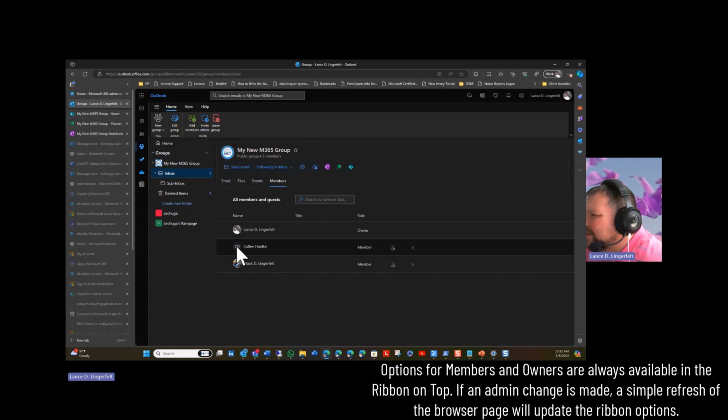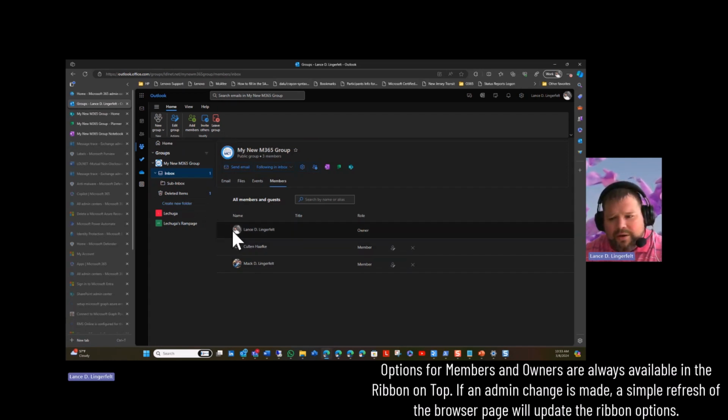You can add the group, add members, invite others, and you can always have a chance to leave. Again, that's a quick overview of being able to manage your Microsoft